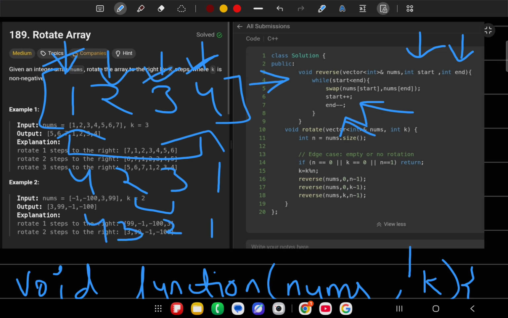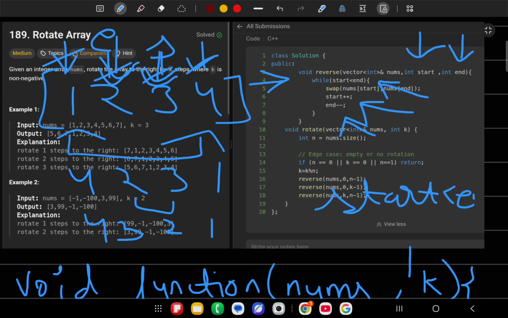If we again move plus and minus, we are here for starting and here for ending. Whenever they cross each other, we stop. So the code should be: while start is always less than end, we call the built-in function swap on nums of start and nums of end. This is the entire solution. When you run this, you will get your answer.